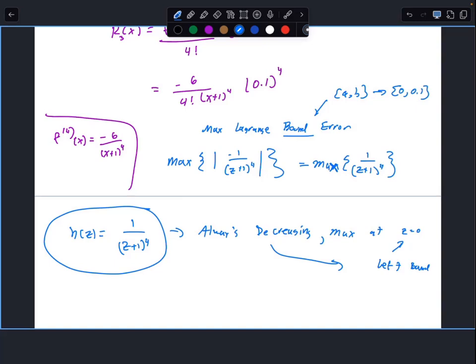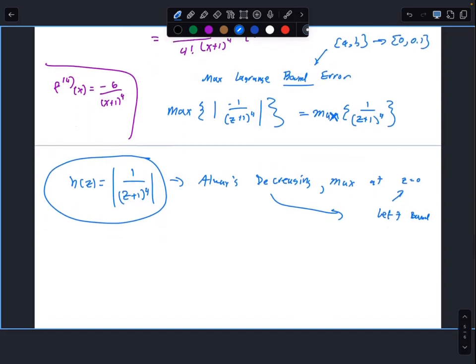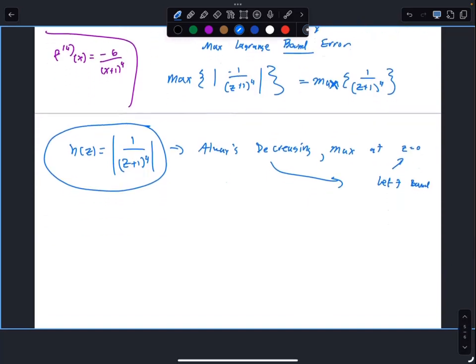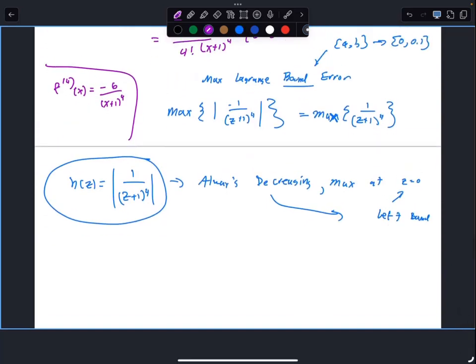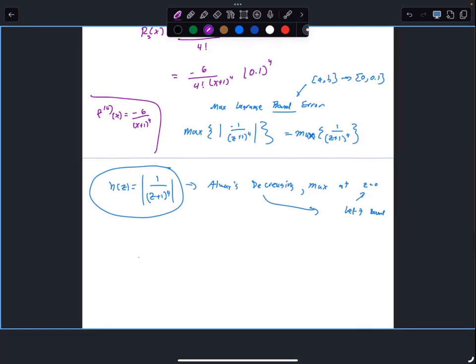But since this function was always positive anyways, or always negative in this case, we didn't really care about what that value was going to be. But you may need this in some problems. It just doesn't really matter in here. So it happens at x equals 0. So that means the maximum Lagrange bound, so the maximum Lagrange